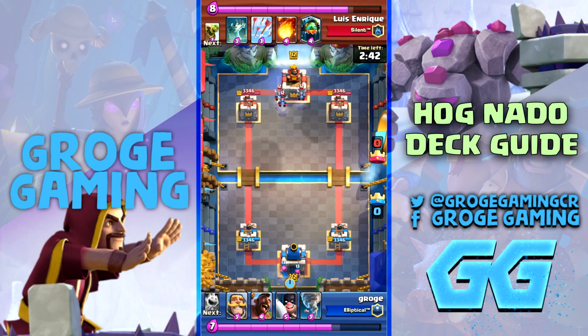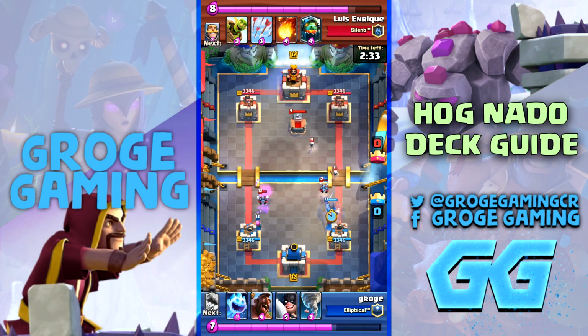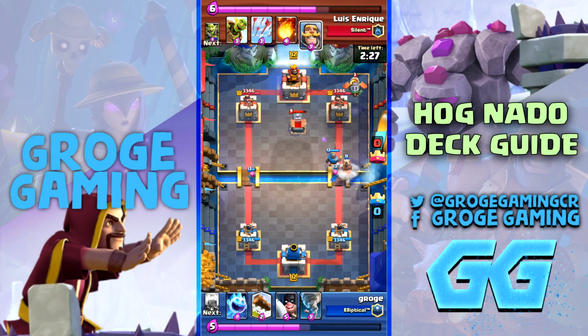So avoid knight hog pushes to begin with. The main way you want to use your knight in the hog push is after you've defended. So counter-attacking with this deck is incredibly strong. After you've used a knight and then an executioner to defend behind it, with the tornado grouping